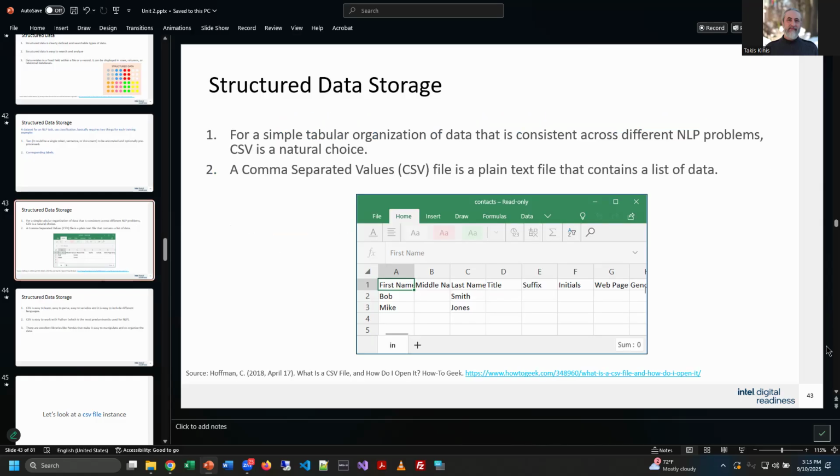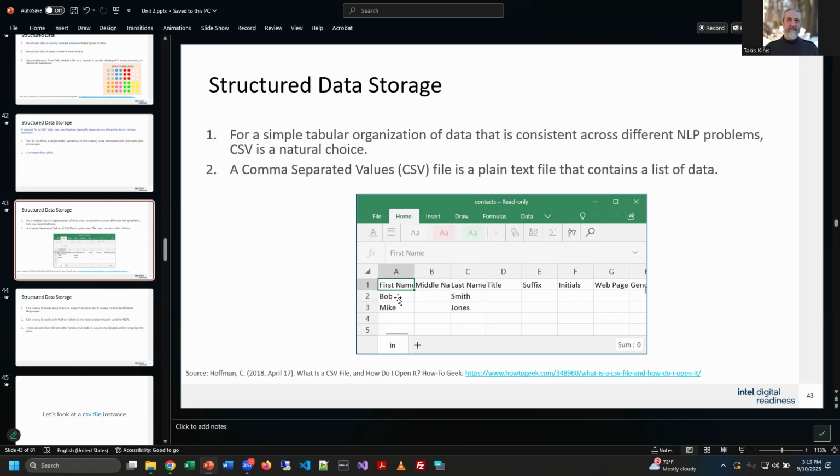So they also give you an example of structured data storage, and this takes us to the tabular format, like what we see in an Excel spreadsheet or a database table, right? Tabular information means in a table. Usually the first row is the labels for each of the columns, which tells you what data is there, and from there on in, it's the actual information.